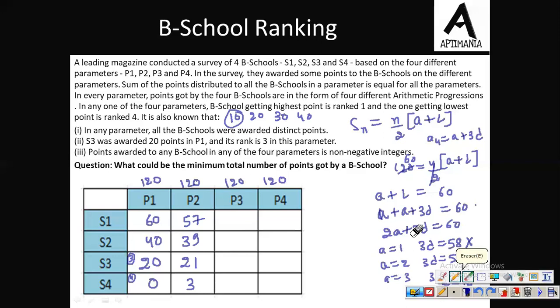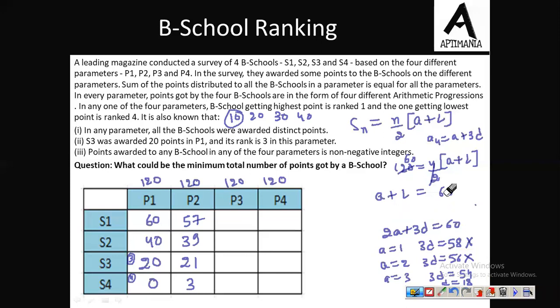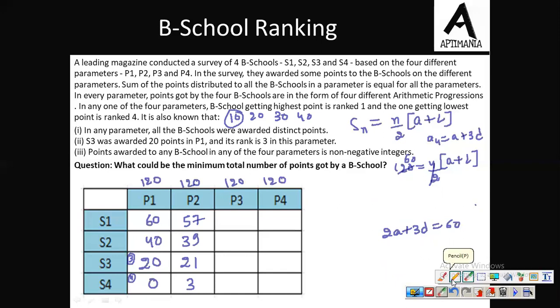So now let us move to the third parameter. Now again the condition remains the same: 2a plus 3d must be equal to 60. Fine. Now we have checked for the values of a as 1, 2 and 3. Now let us move to the value of a as 4. Although from here we can take a hint. 0 के बाद 3 पर repeat हो रहा है, तो the next value must be getting repeated at 6 only. यहाँ पर 6 आना चाहिए.